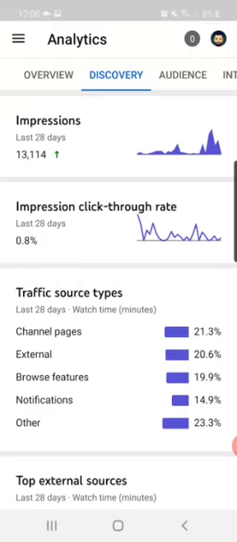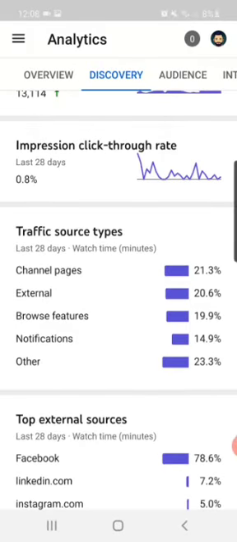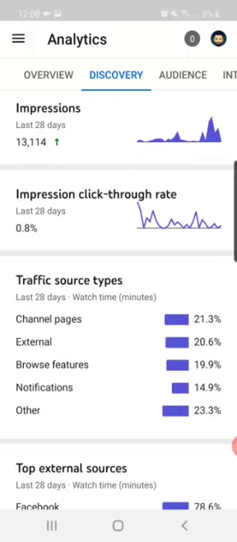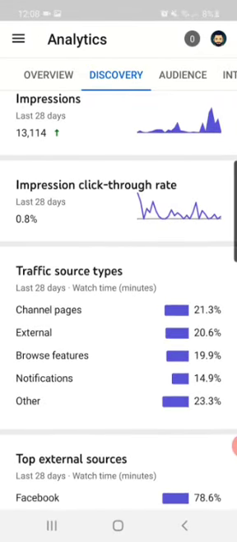Now when you see the impression click-through rate, you understand that it really means how many people are clicking on your videos from all your impressions and from all your feedback. So what you need to do is you need to have the click-through rate much bigger. So what you can do here is do much more content online, and that's all you can do. And you can also make sure to go and do some live appearances in front of people, and that way they're going to click on your content much more. And that's all that it serves.